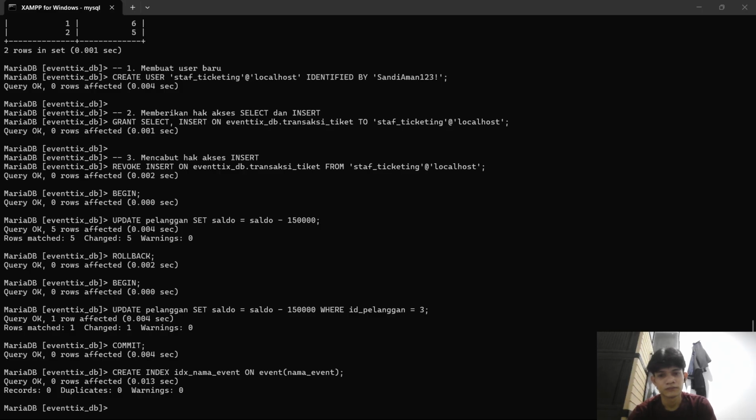Finally, for number twelve, the last number, we use the command line interface instead of the SQL editor. We use the mysqldump utility to export the entire database structure and data into a backup file named cadangan. We also demonstrate how to restore this full backup file into a new database server. We can type like this.